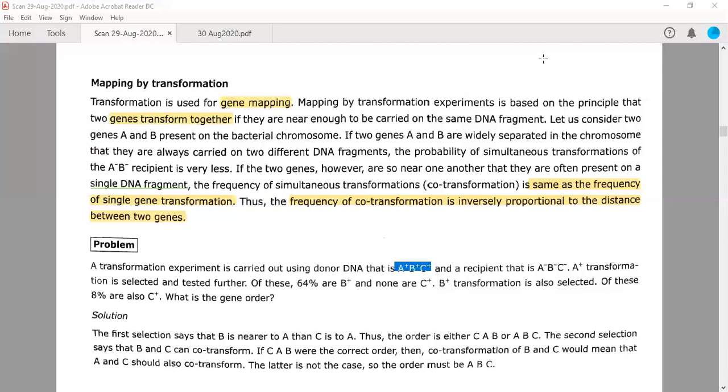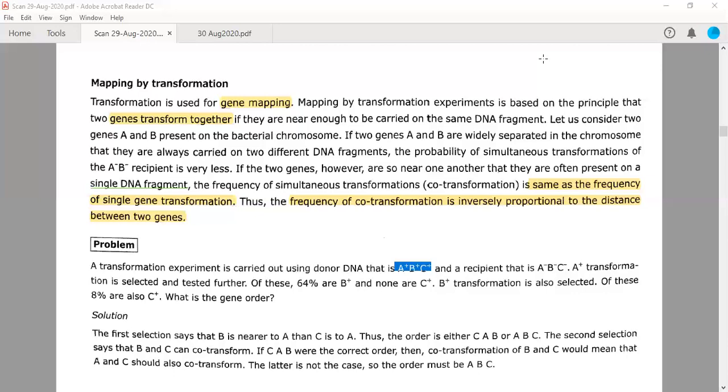I already mentioned this. Whenever transduction happens, it will not contain the bacteriophage's DNA; it will contain a segment, a fragment, of the bacterial chromosome, which was taken up by the bacteriophage during the previous infection, right? And when it infects some new bacteria, it will transfer and integrate that particular section of DNA which it took up from the previous bacterial cell. This is called transduction. Now why are we calling it generalized? It is generalized because a random fragment is being taken up and integrated.